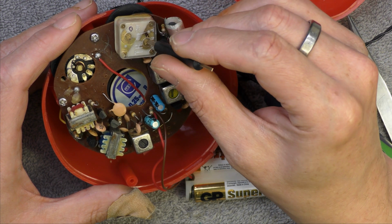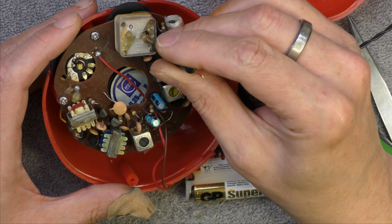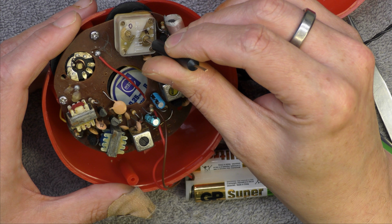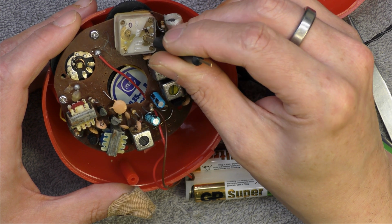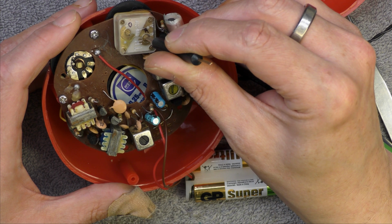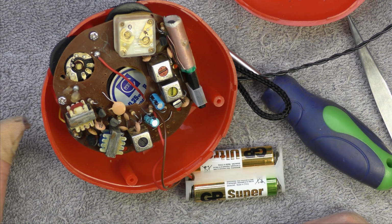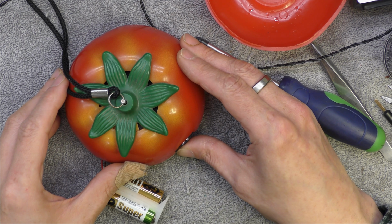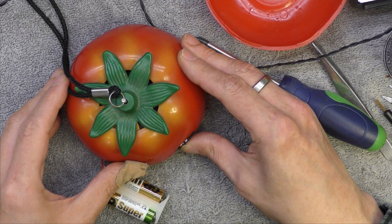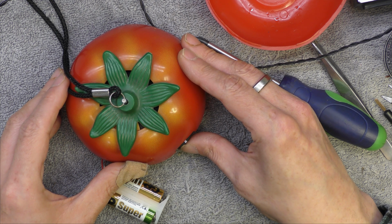I determined that one's the oscillator, and this is the aerial trimmer. There's no real definite resonance. I think it's about there. Oh well, that was a very quick and dirty alignment. Let's see if it's any better. Yeah, that's an improvement. I can hear Caroline now. Not wonderfully, but